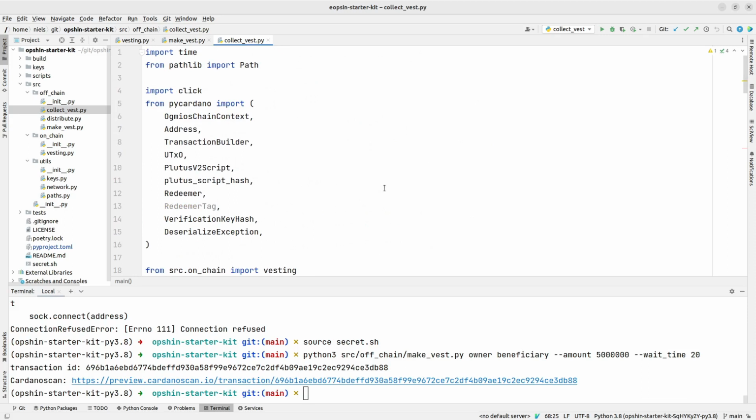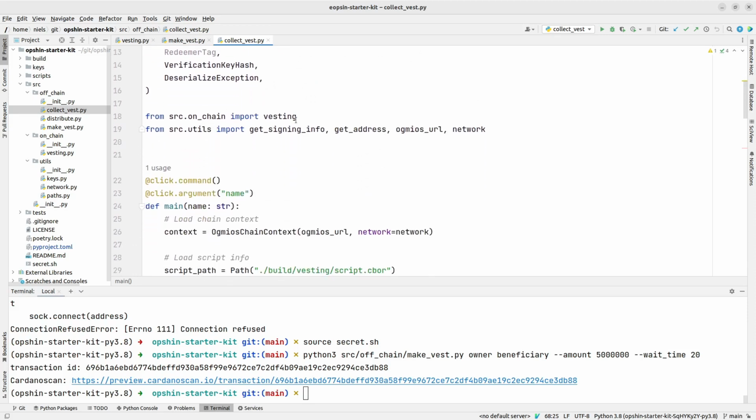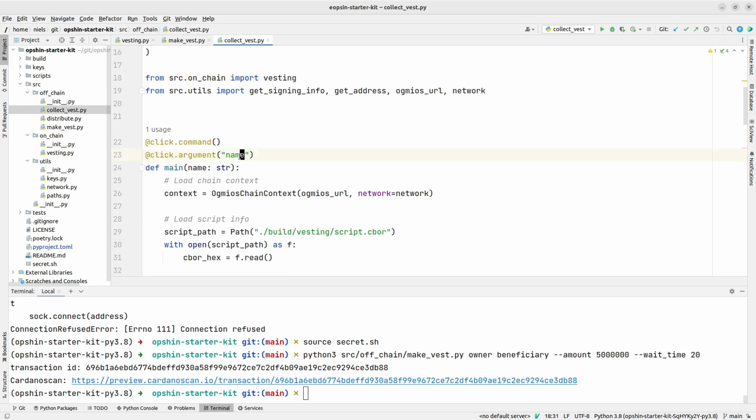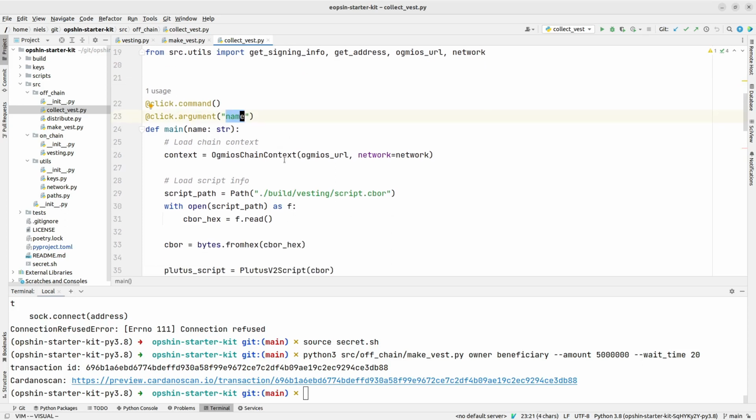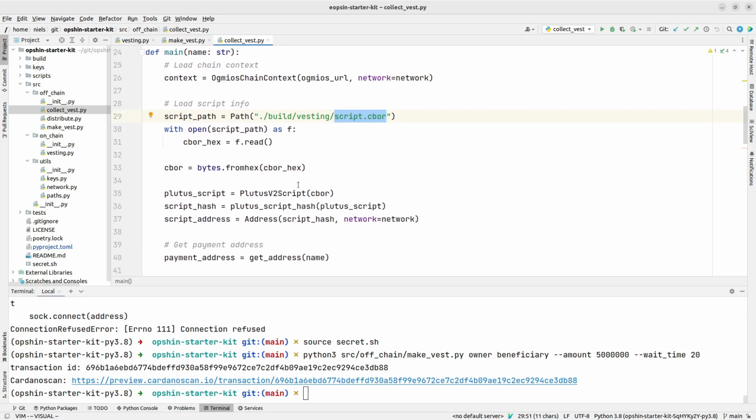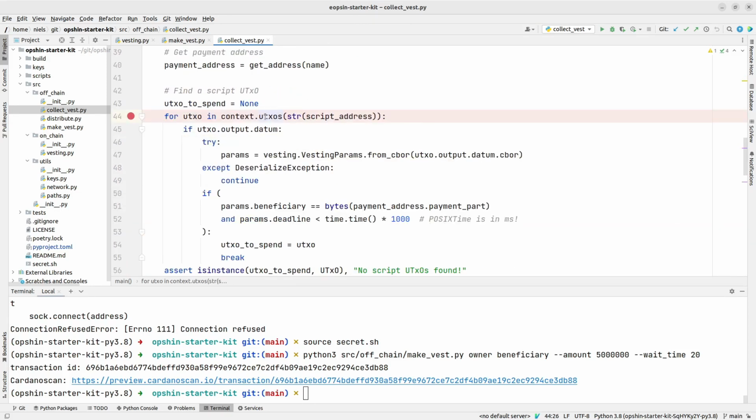To collect, again, we import the vesting contract. And now we just specify who wants to collect their funds. We can load the script using the script CBOR that we generated during building, and generate a Plutus v2 script from it, and then an address. To find the output we want to spend from the vesting contract, we can just iterate over all the UTXOs at our script address and check if there's a datum attached to them. And if there's such a datum, we can try to parse it using our on-chain definition from the CBOR